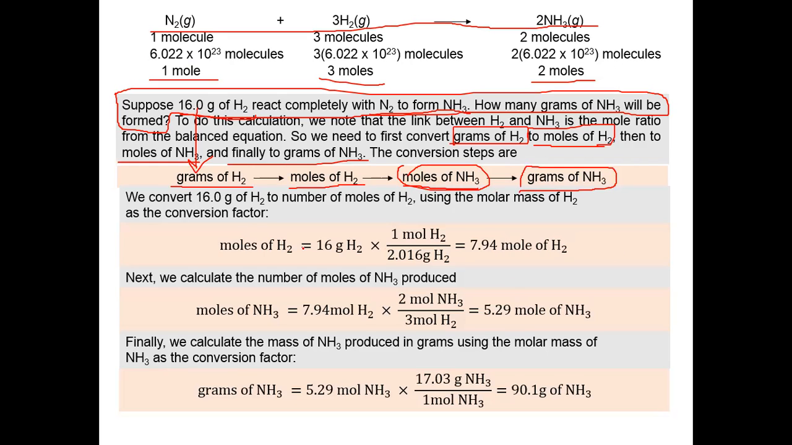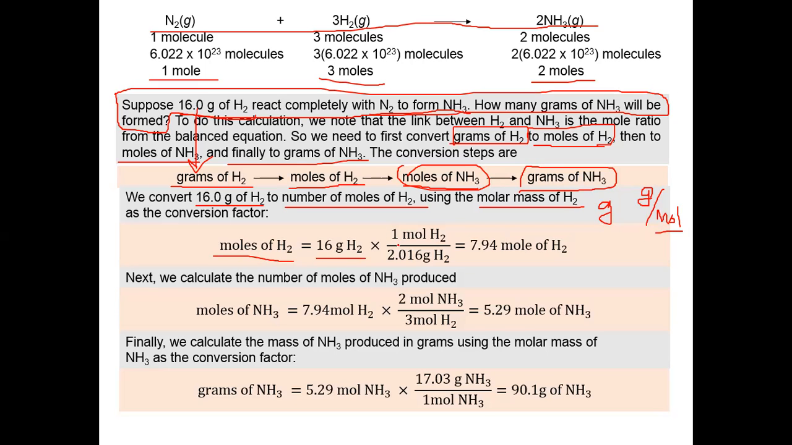So how do we convert 16 grams of hydrogen to the number of moles of hydrogen? What we need to use is the molar mass of hydrogen. We have the unit grams and the unit grams per mole. How do we use these two parameters to end up with moles? The number of moles of hydrogen is going to be 16 grams of hydrogen